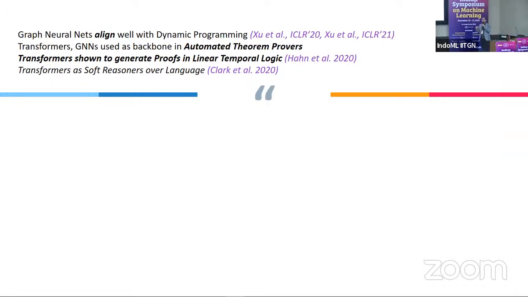not only showing complex abilities, but they're showing symbol manipulation abilities for logical systems itself. For example, in fact, transformers and GNNs have been shown to perform very well in well-defined logical domains such as linear temporal logic. They showed that transformers can be trained to generate proofs in linear temporal logic, right? Similarly, they also showed that transformers, to some extent, can be used to reason over natural language facts and rules,